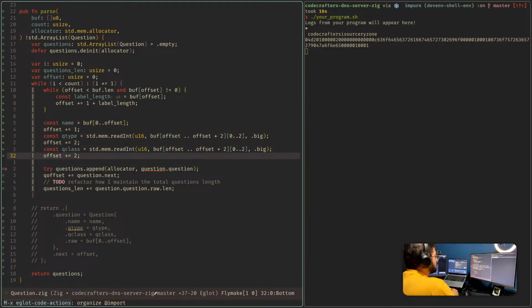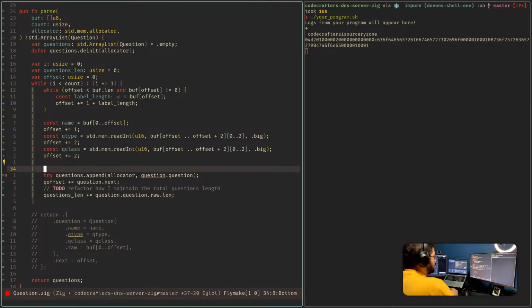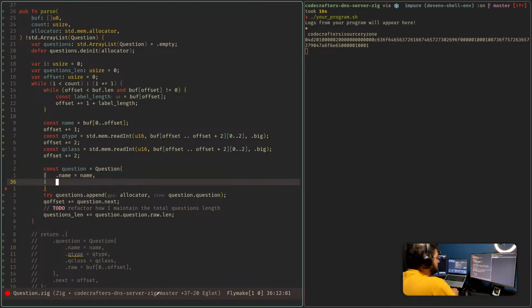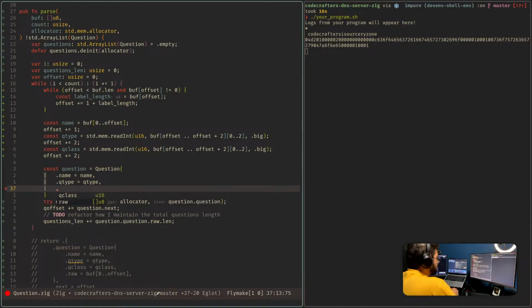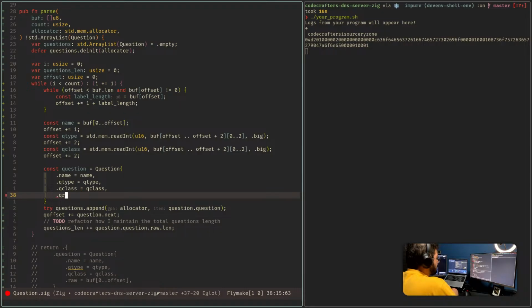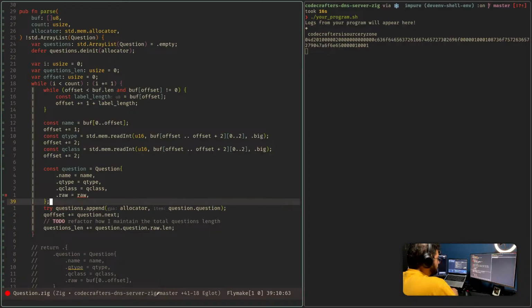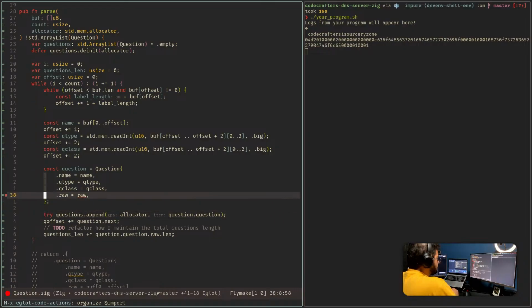Okay, and then my question is equal to question dot name equal to name dot q type equal to q type. Like this, close this one,